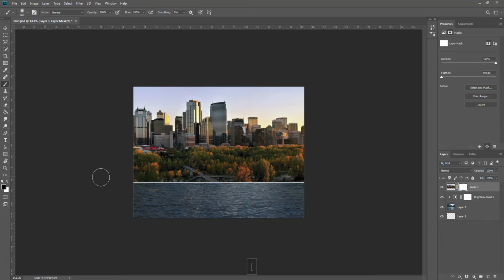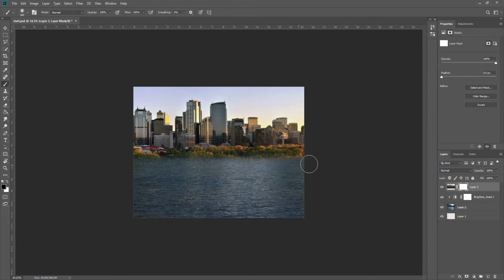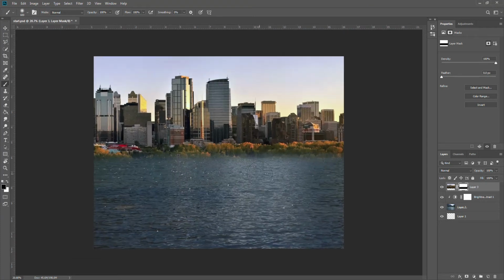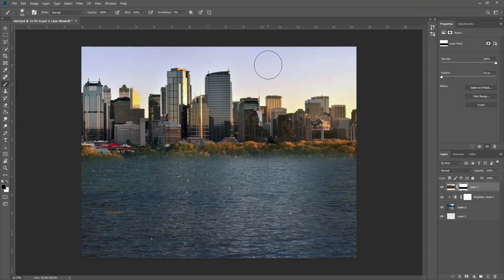If I just run across it with a black brush, you'll see it conceals a bit there. So we can just do something like that. Yeah, it's blended in. Now, of course, the next thing is we're going to actually do a different sky, so